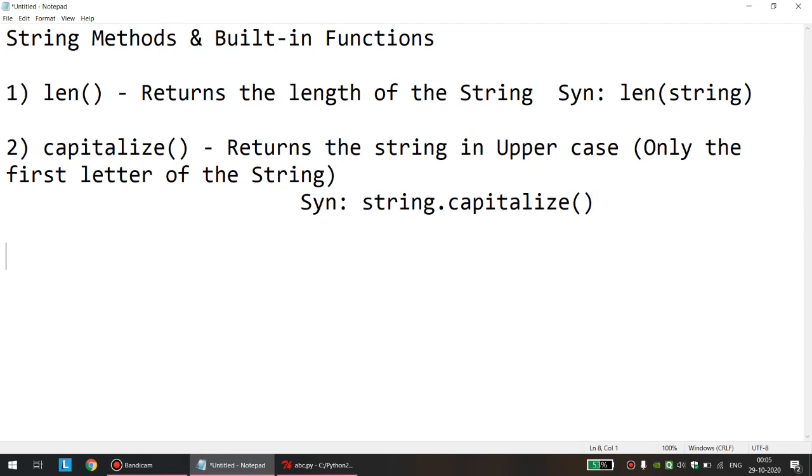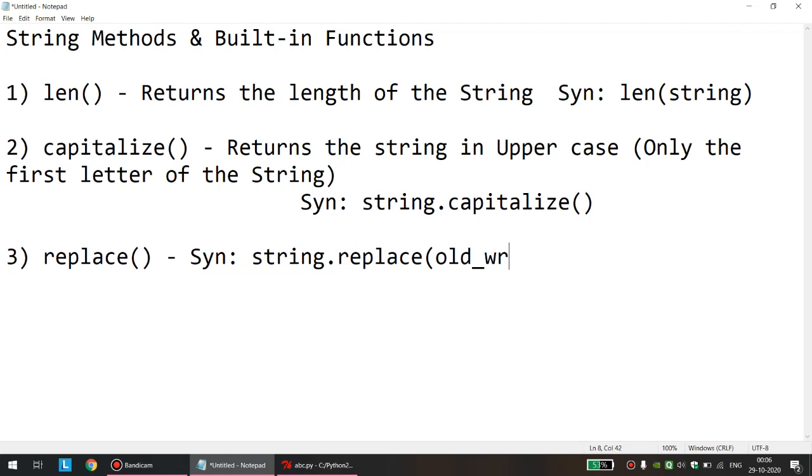The third thing that I would like to discuss, there are so many methods, students, but I am discussing only those methods which are actually very useful to all of you. And mark my word, this third method will be ultra useful. Replace. In general English, replace means you are replacing one thing with another. So before I explain the meaning, let us write the syntax of the same. Syntax will be string name dot replace